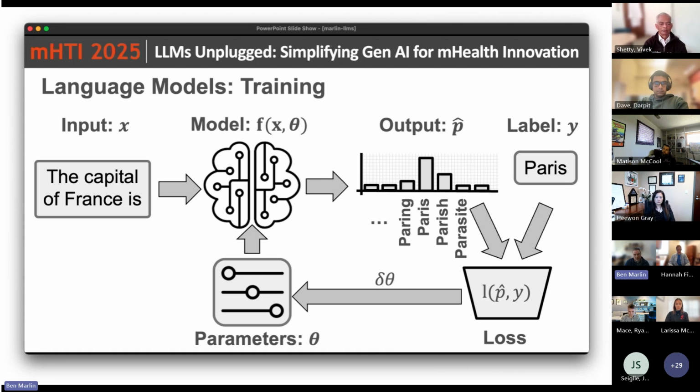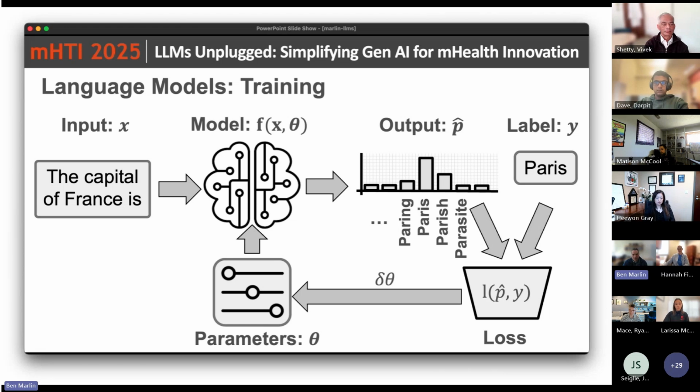So a single document generates many, many examples where every word effectively is being used as the word to predict, or every token is being used as the one that you're trying to predict based on everything up to that point. Okay, so again, the basic idea here is the same as for basic supervised learning. We need a data set to train the model.